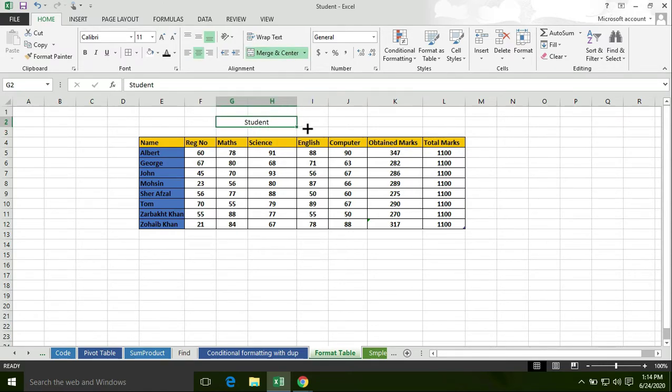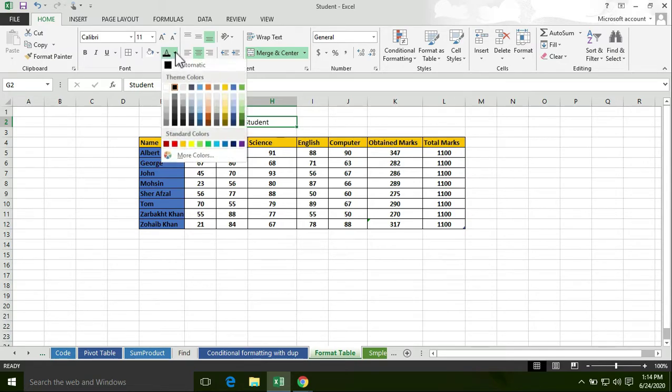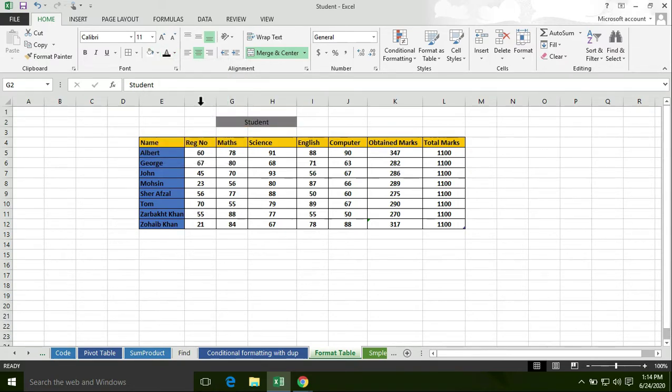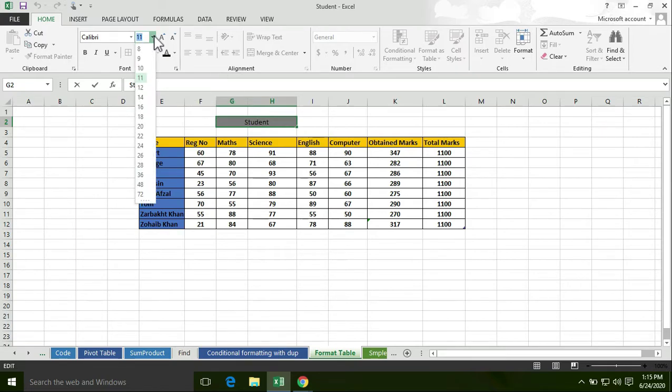Select this cell, then choose the color you want, or choose this color. You can also increase the size of the text. First of all, select this text and then click on the drop down button. Now you have different sizes here, so you can choose the size you want.